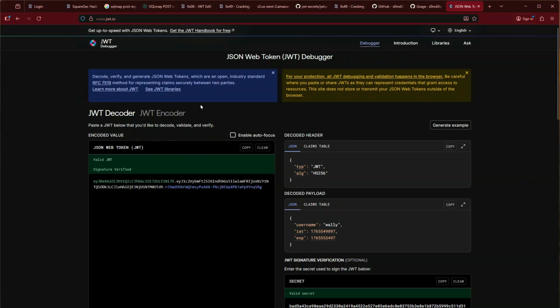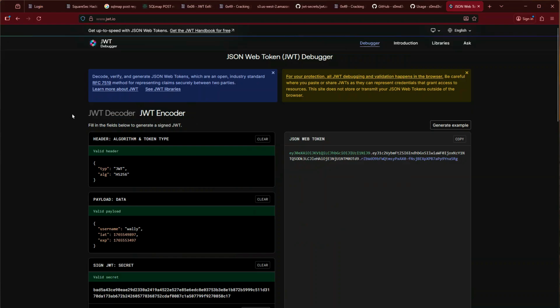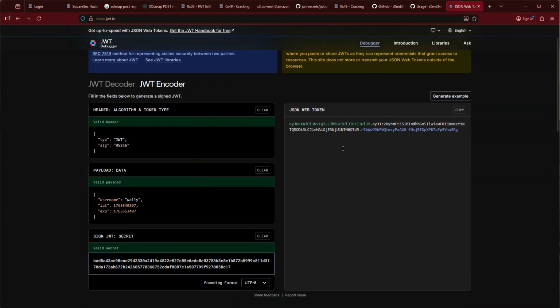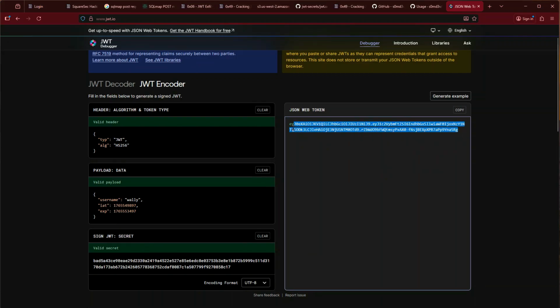JWT code, you have to press on JWT encoder. The UI is not very friendly. It's quite hard to miss, but these are actually buttons that you can navigate. So you have to be on the JWT encoder. You have to enter the secret, and then you will be able to get the signed JWT token with the